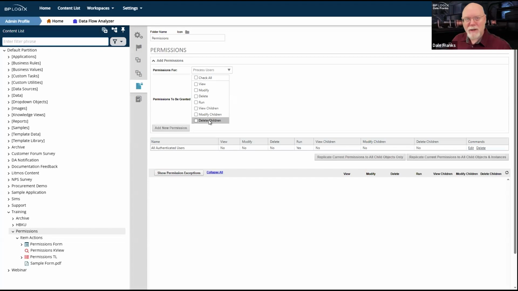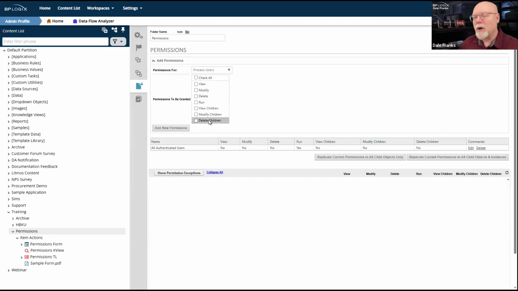It really depends on what applications you have. And the nice thing is that if I do need to give them delete permission or delete children permission for a particular application, even if in general I don't give them that permission, I can give them that permission for that specific application folder and for all of the objects in that application folder, while for all other folders on the system, their default would not be to delete children.